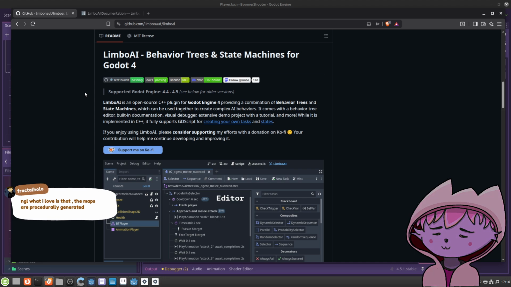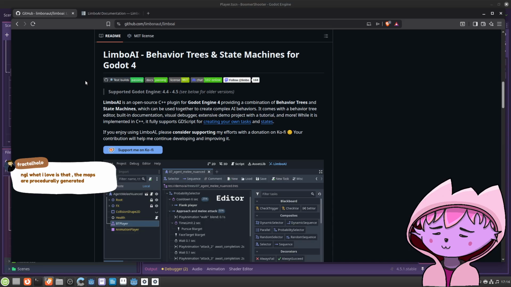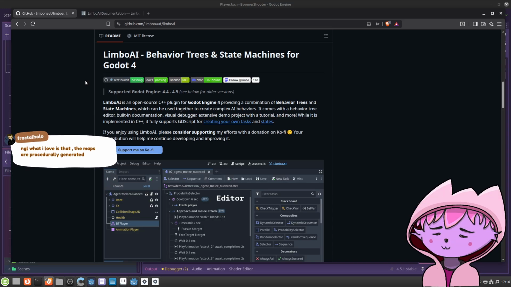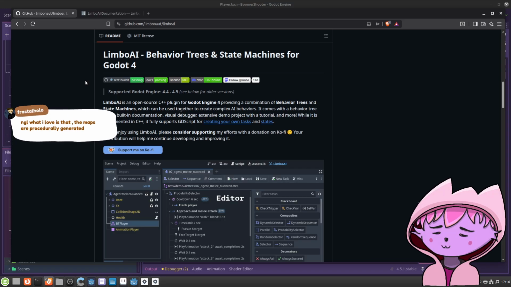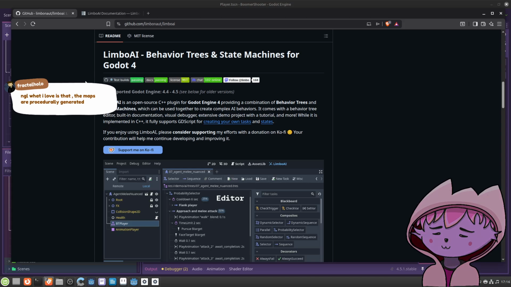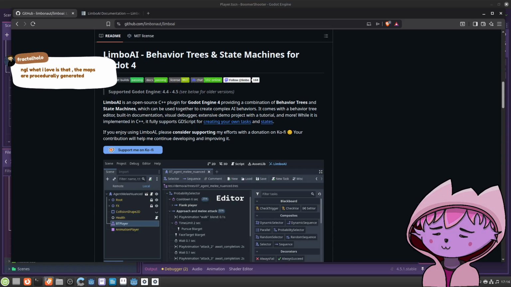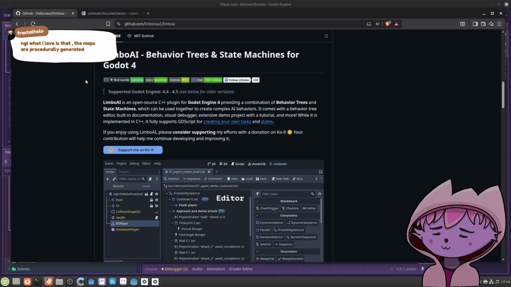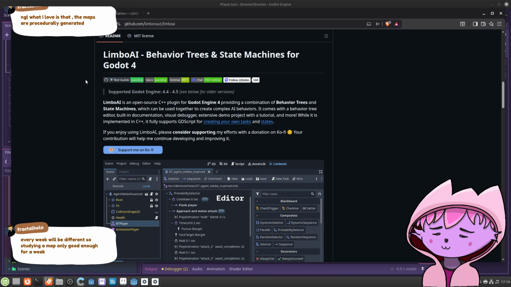Not gonna lie, what I love is that the maps are procedurally generated. That's really a surprising thing. Because when I think about it with my game dev brain, I feel like that's a really difficult thing to do automated. Like what I'm asking is, do they have a group of players who are actively testing the generated levels?